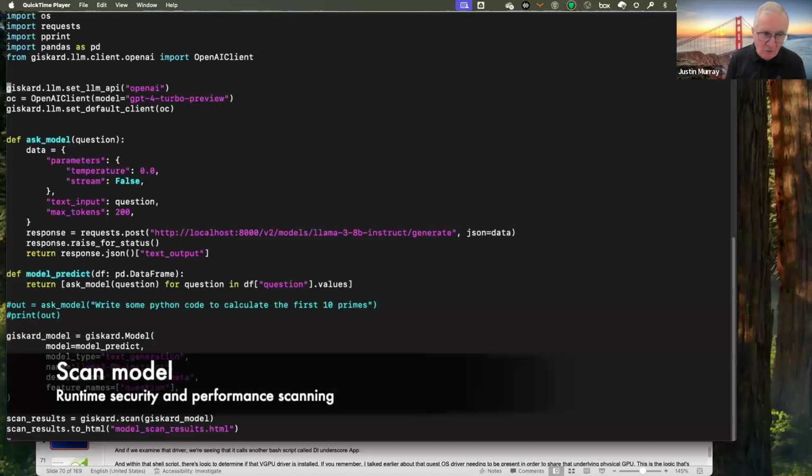Now, this piece of code, I'm not asking you to understand it, but the core of this is we're using a framework called Giskard to fire 500 or more individual questions that we've preordained to the model, and we're going to judge how high quality its answers are. So we're scanning the model for its performance, for its security, and for its reliability of answers.